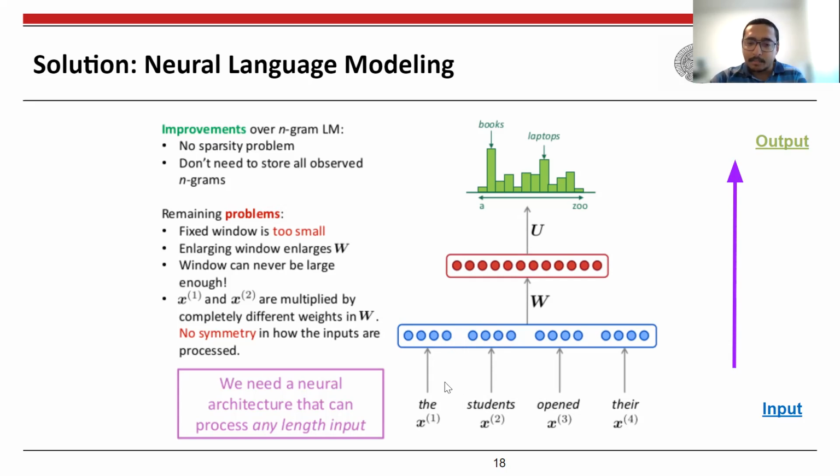So as an example, when you are passing these representations through this feed-forward neural network, what happens is that each of "the", "students", and "opened" interacts with specific parts of these weights, and then they convert to the final representation. So "the" and "students" are not sharing any weights. "The students" and "opened" are also not sharing any weights. Each of them interacts with part of the weight matrices, and then it gets converted to the final probability distribution.